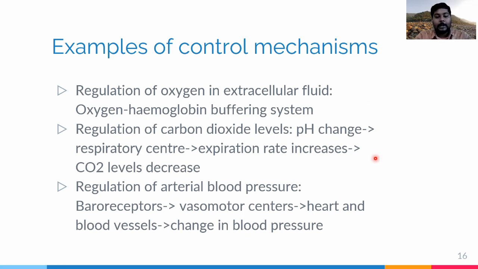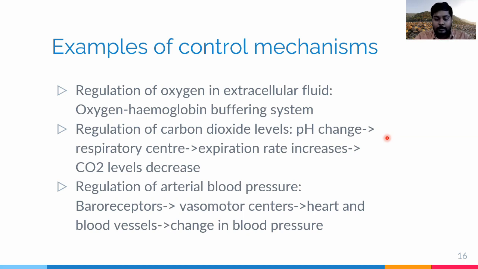Next, let us consider the regulation of carbon dioxide levels in our body. So, the regulation of carbon dioxide is hugely done by an entirely different mechanism than the regulation of oxygen itself. Increase in carbon dioxide levels in our body can directly affect the pH of our extracellular fluid, as carbon dioxide reacts with excess water present in the extracellular fluid in order to form carbonic acid, which then decreases the pH